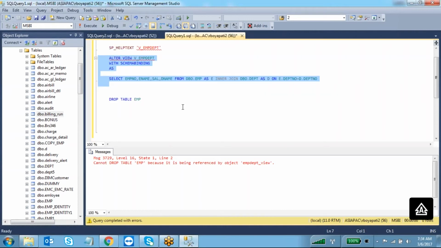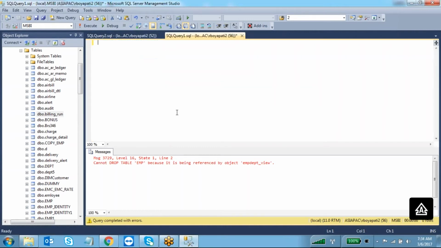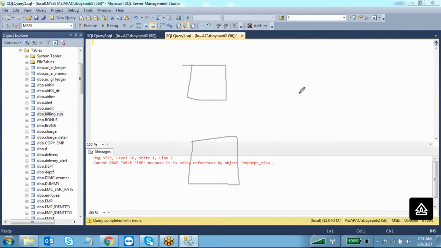Okay, right. So you have this EMP table and you have department table, and this is your view. So when the user is requesting for the view, then this will contact the tables. If you want to improve the performance of the view, or if you want to improve the performance of the tables, normally what we are doing, we are creating the indexes.